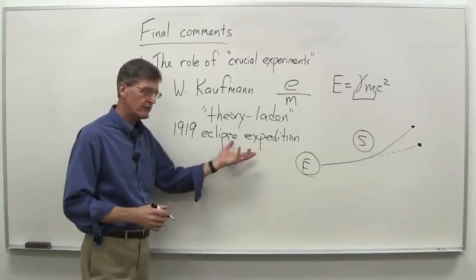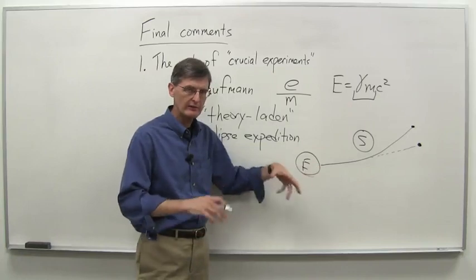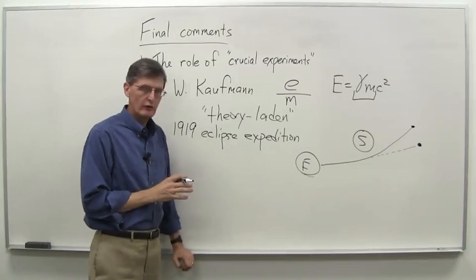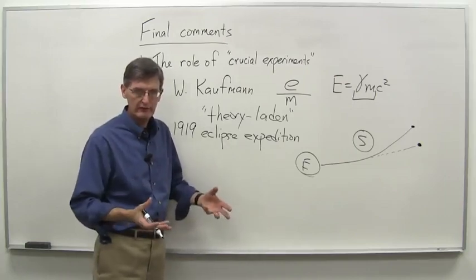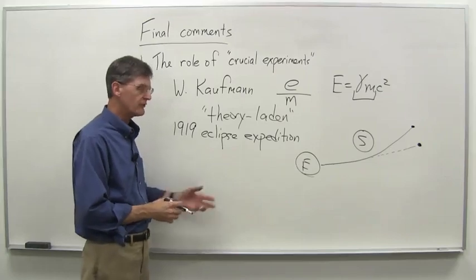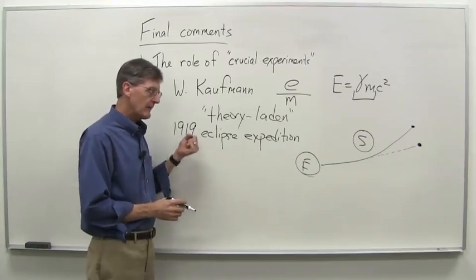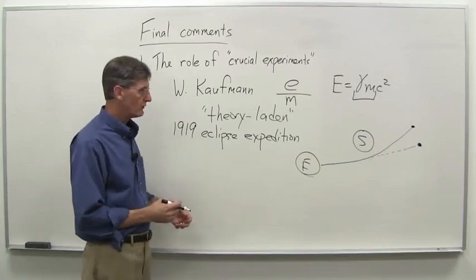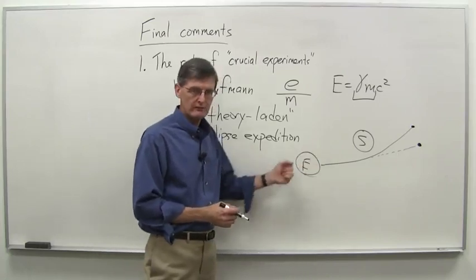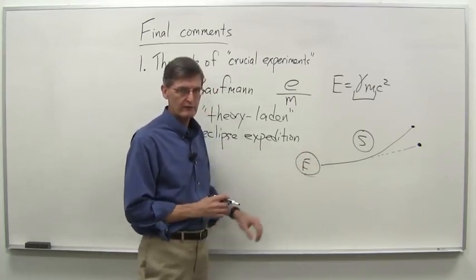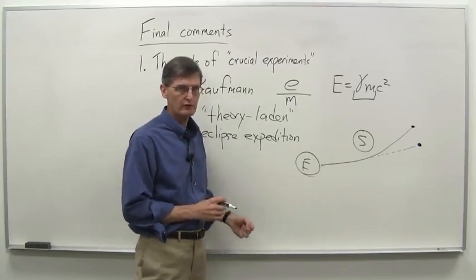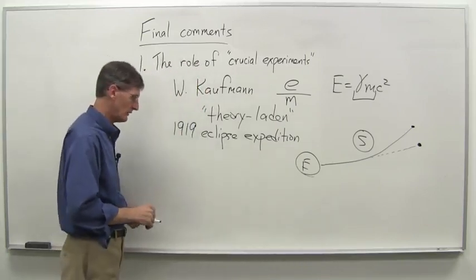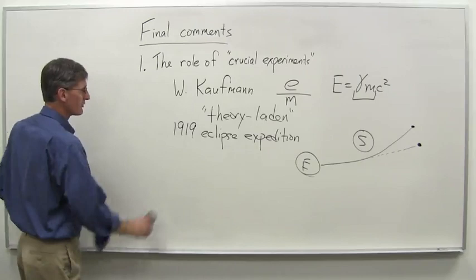And the general theory of relativity predicted other things besides the bending of light. It predicted or demonstrated that certain anomalies in the planetary orbit of Mercury could be accounted for by the general theory of relativity and weren't accounted for by Newtonian theory. So there are other things going for it as well. But even when Einstein won the Nobel Prize, the 1921 Nobel Prize, awarded in 1922, as I mentioned, it was not given for any aspect of relativity because it was still fairly controversial at that point, and many people were not sure whether it really was a good and correct theory or not. So just a few comments on the role of crucial experiments there.